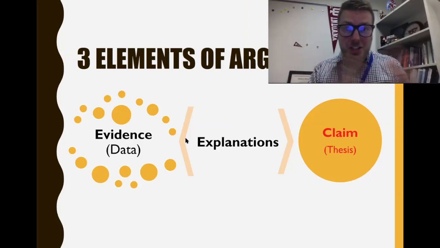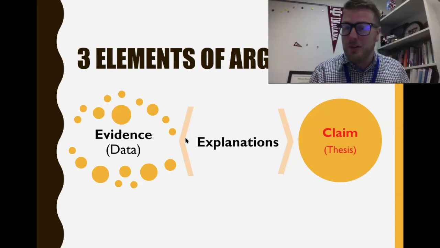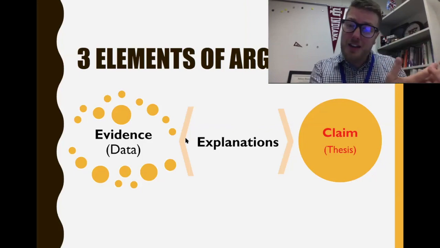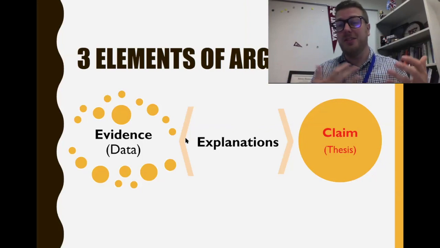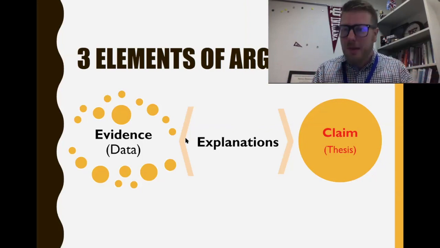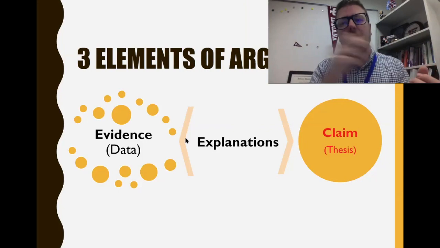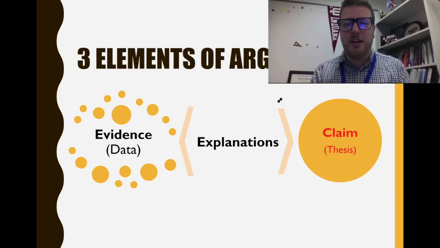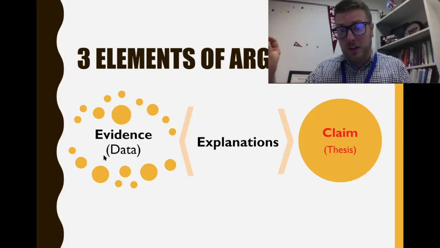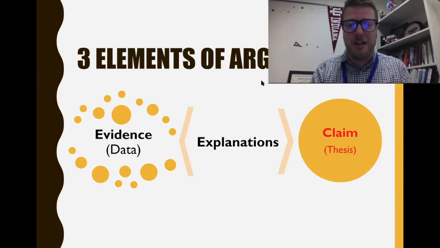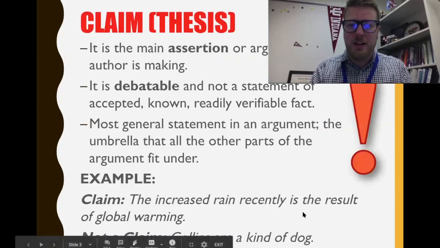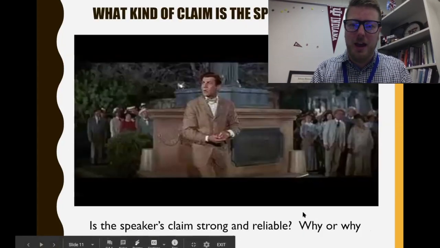Explanations then are what bridge the gap. You may remember that as well, that it's important when any author is making an argument, or anybody's making an argument at all, that in many ways they're explaining how the evidence supports the argument they're making, right? Because sometimes the data doesn't always obviously do that. Sometimes we have to explain to people our thinking. How did we connect that data to it? How did we come to believe that that data, what we do know and understand, those facts, support the argument that we're making?